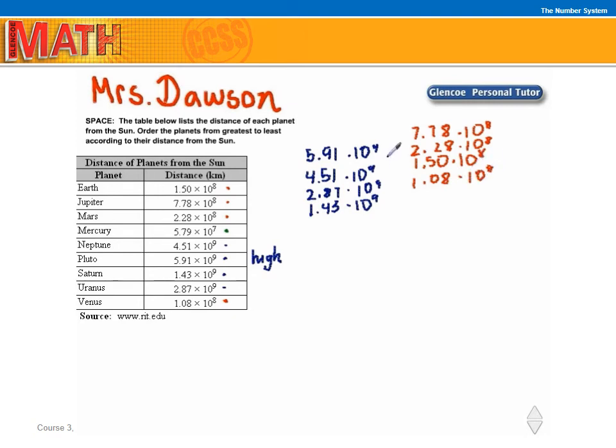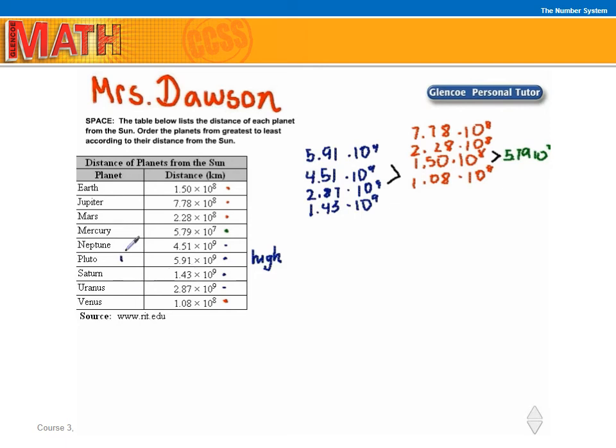So far, we know that these are listed in order from top to bottom, and they are all greater than the ones in red listed in order from top to bottom. The only remaining planet is Mercury, with a distance of 5.79 times 10 to the 7th. So our planets listed in order are